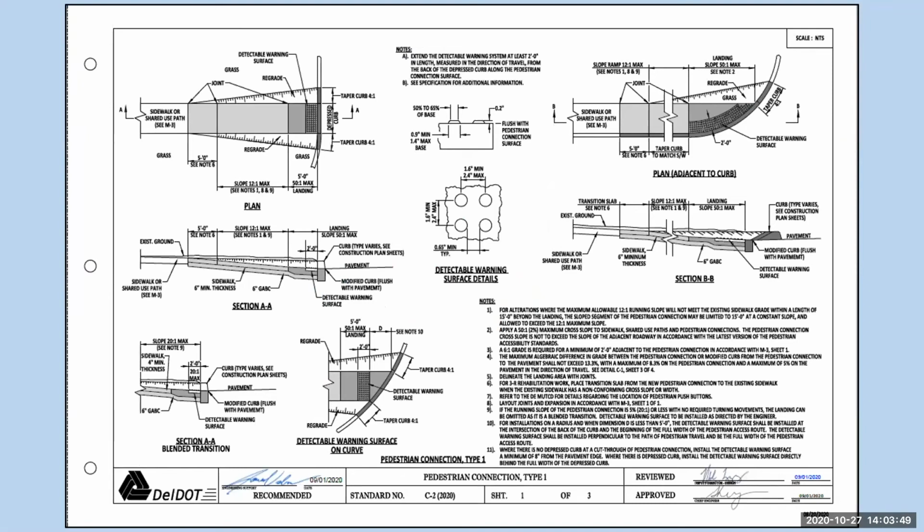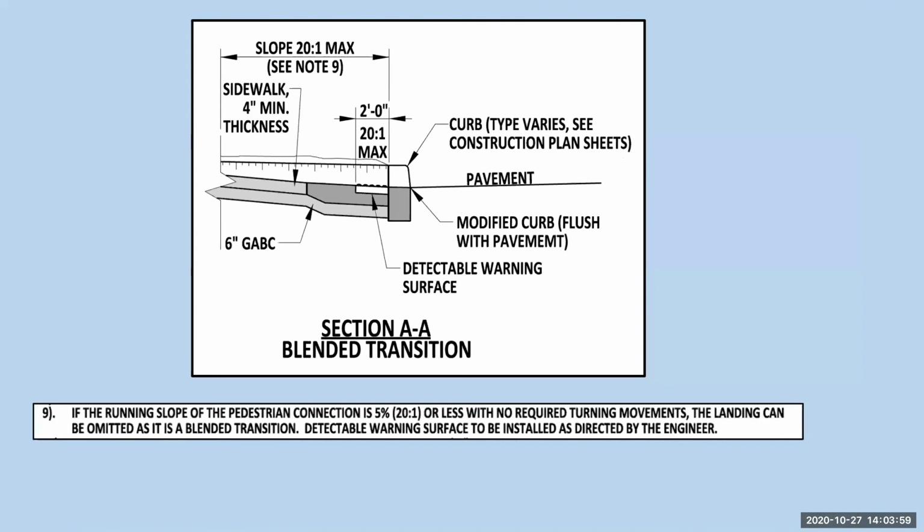Standard C-2, pedestrian connections type 1. So some of the things that were added: slope 20 to 1 max, see note 9, and note 9 says that the running slope of the pedestrian connection is 5% or less. With no required turn movements, the lanning can be omitted as it is a blended transition, and detectable warning surface to be installed as directed by the